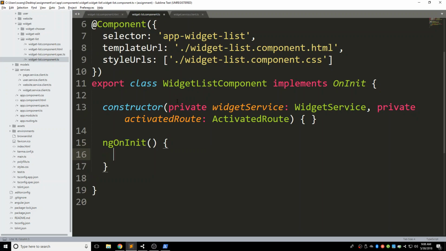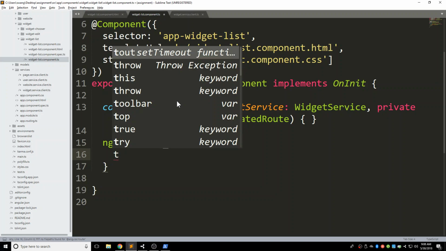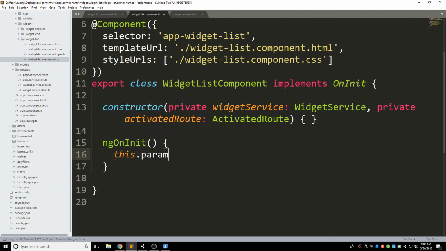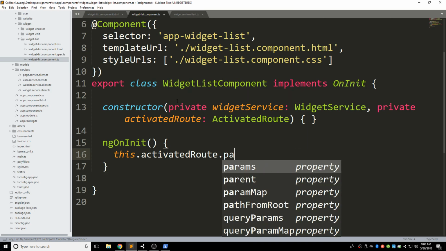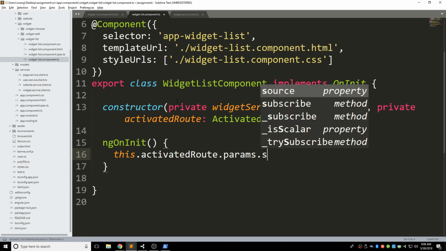So we're definitely going to need to get those IDs. So I will do a subscribe here. This the activated route, the params, the subscribe,